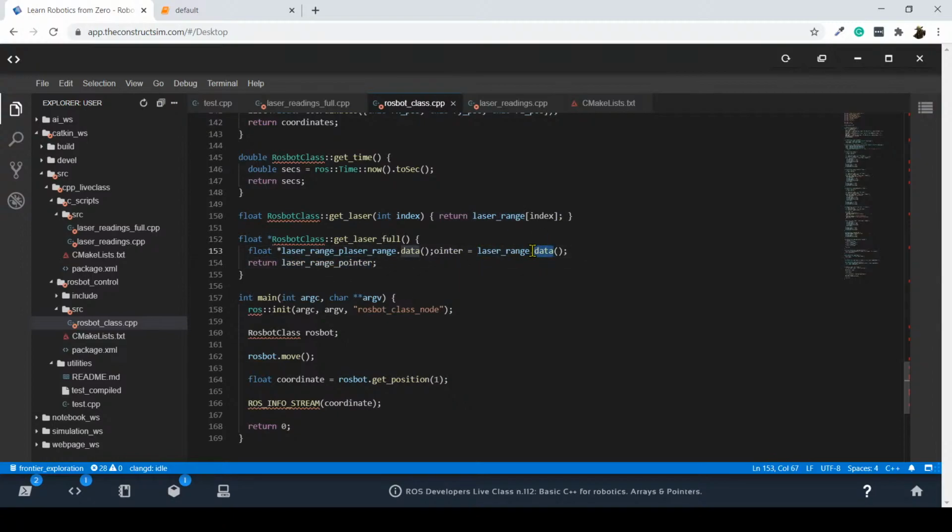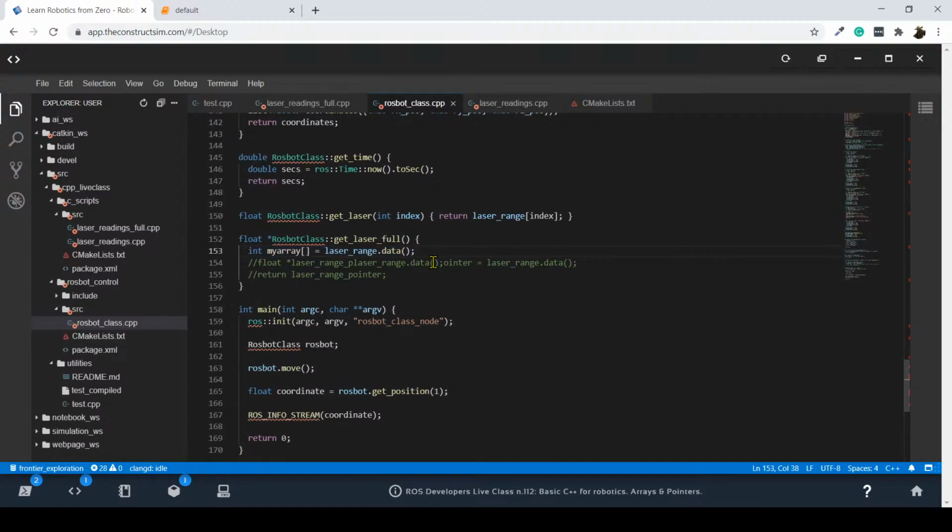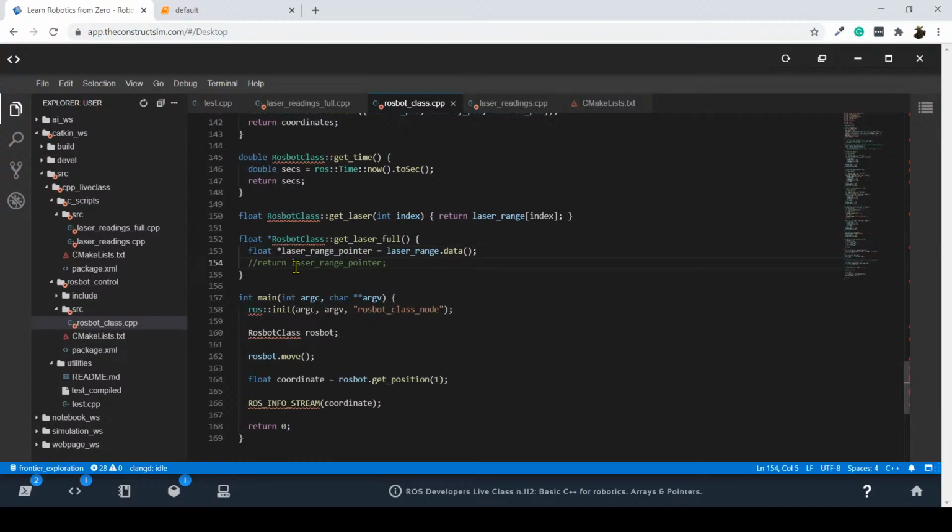So it's pointing here. Yes, so it's much more efficient to just declare a pointer, make it point to this array, and then return